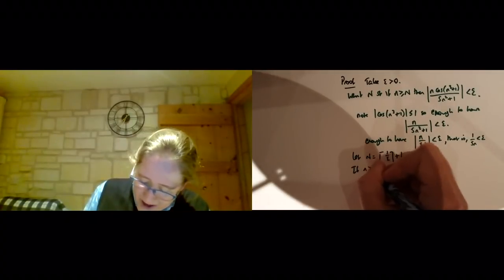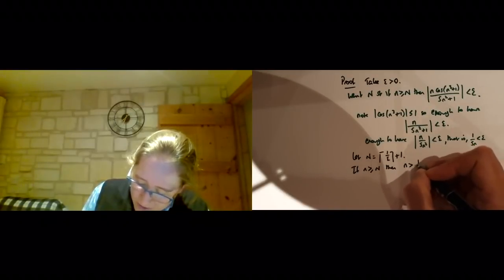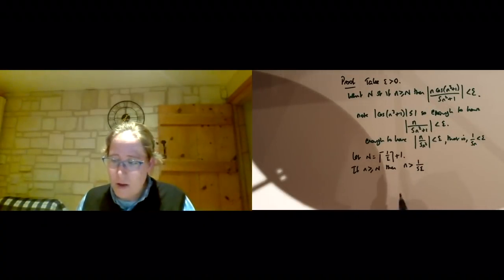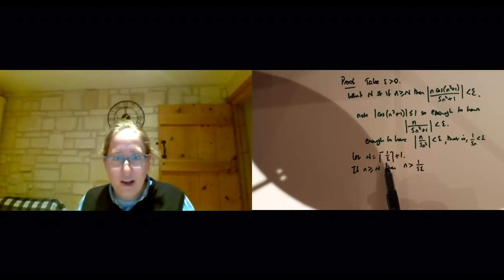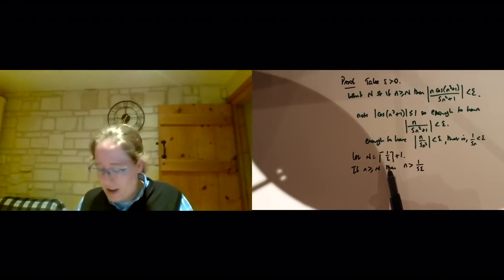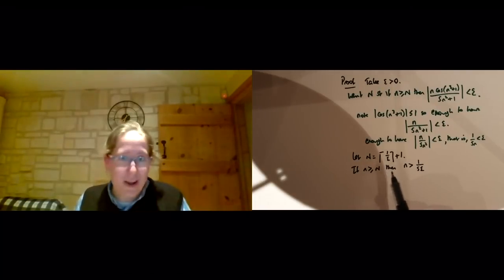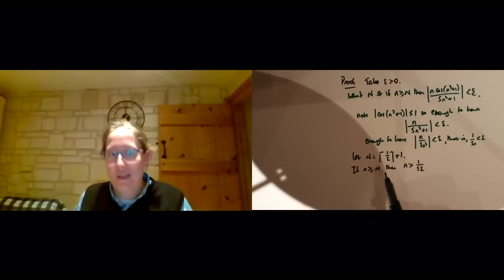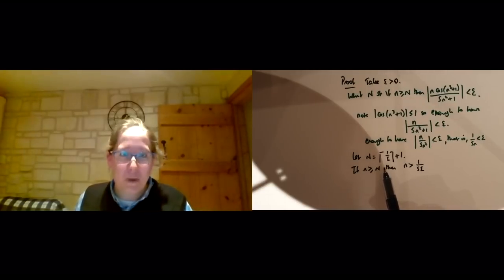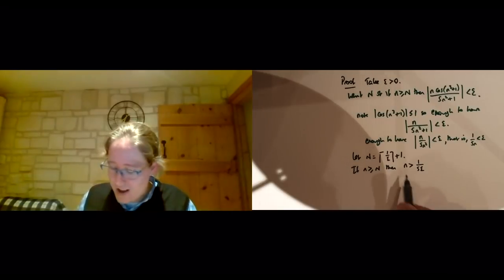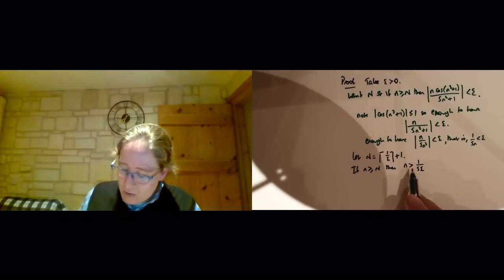Because if little n is greater than or equal to capital N, then certainly little n is greater than 1 over 5 epsilon. Why did I go with N being the ceiling of 1 over epsilon rather than 1 over 5 epsilon? Well, it doesn't matter. I can make N much larger if I want to. I'm not trying to be efficient. I just need a value that works, and this way I didn't have to think about it too much. I could just see that it would work. So n is greater than 1 over 5 epsilon.